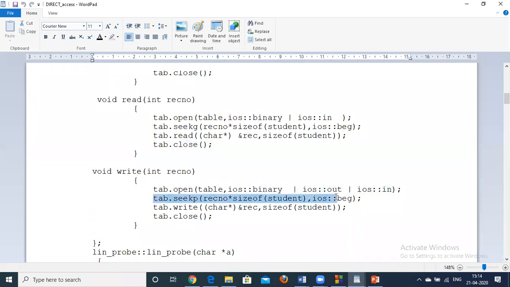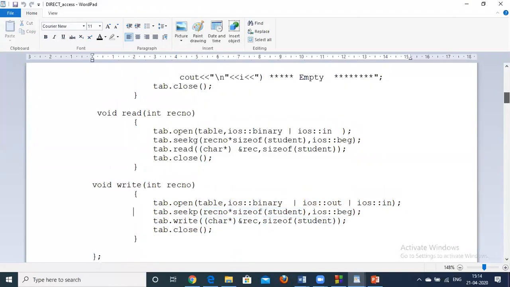Then set the put pointer to the required position, whichever record number, at whatever position we have to write that record number. So we will set the put pointer at the proper position and write that single record which is in this variable. That will be written into the file, and the file will be closed. So we will be calling this read and write function for our file operations.